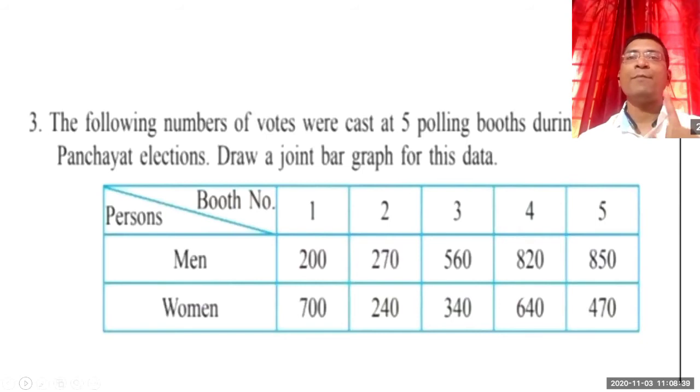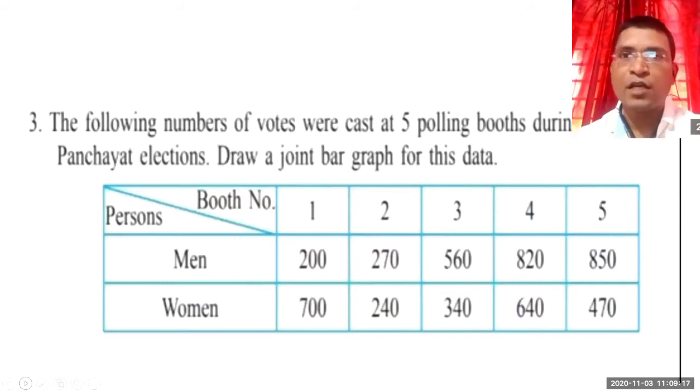In Gram Panchayat, elections happen every 5 years. So five polling booths are in the Gram Panchayat election. How many men came and how many women came is given. Booth number is given: booth number 1, 2, 3, 4, and 5. In booth number 1, how many men came? 200 men. In booth number 1, how many women came? You will see